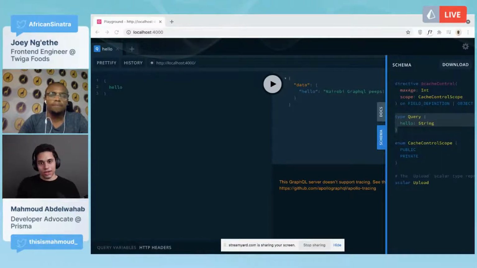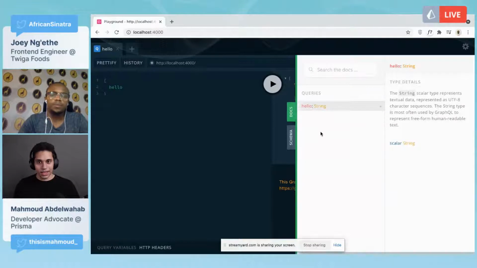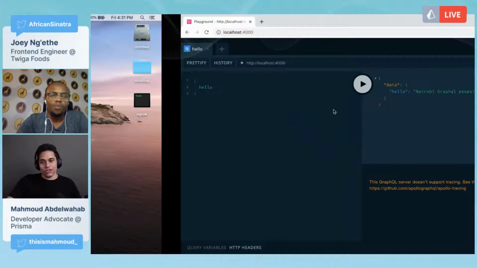If you also go to the docs, in the docs tab you can see the different queries that you have, the return type of each query, and the different variables that it accepts. GraphQL is really nice. I'm a huge fan, and I'm a little bit biased, like Julian. This is the Hello World API. If you go back to the code, Joey, you have just a server.